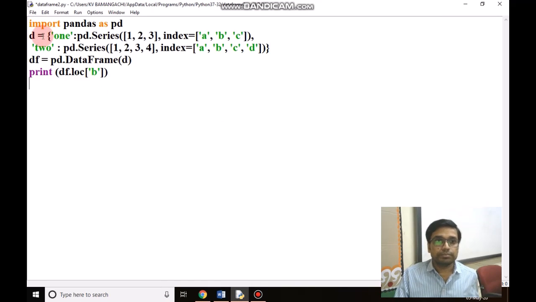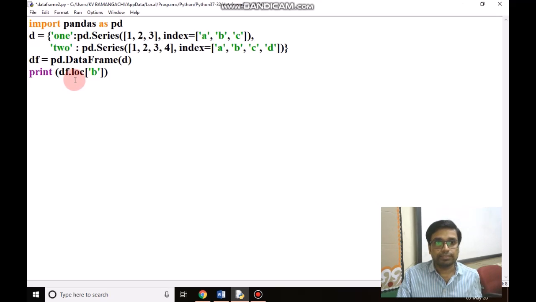Here you can see d is a dictionary, 1, 2 is the name of the column in the data frame, and pd.Series 1, 2, 3, 4, we have given values in the form of a list. Indexes are A, B, C, D. We have converted the dictionary to a data frame, pd.DataFrame(d), and we have printed df.loc.